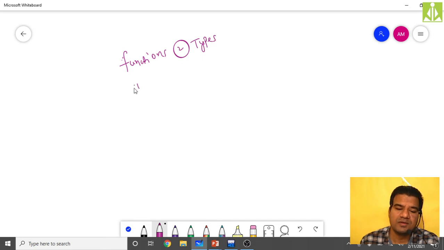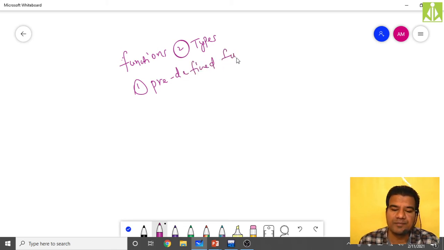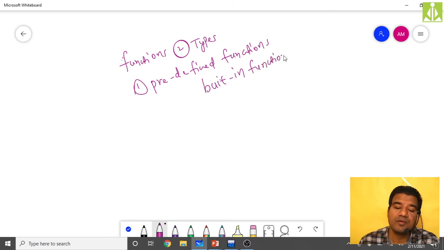The first one, we call them as predefined functions. We also call them as built-in functions. Predefined functions are simply built-in functions. The second one is user defined.